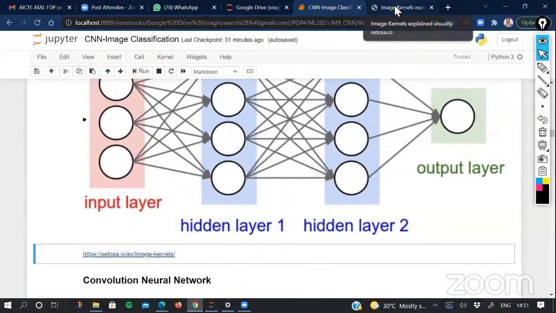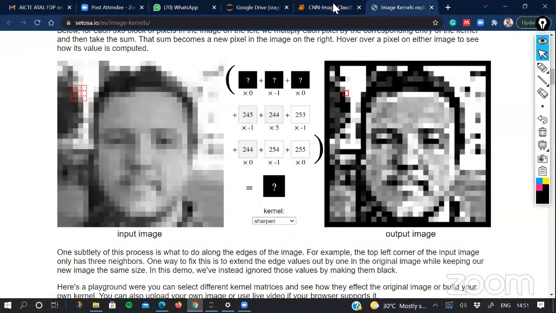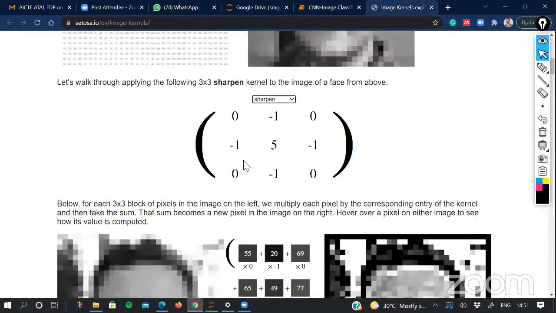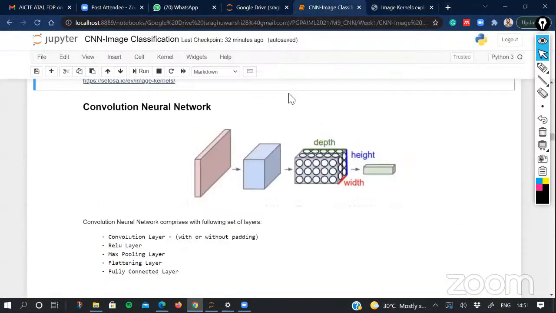But the question was that this handmade process was not an end-to-end deep learning process. So the answer came in the form of the convolution neural network, where we want to do this whole process as end-to-end deep learning, where instead of using these handmade filters, can we learn those filters which can actually extract features from the input, and then we can utilize those features for classification also. So that gave rise to a new kind of architecture in the deep learning world, which nowadays has become the state of the art for computer vision problems, and that is what we call the convolution neural network.